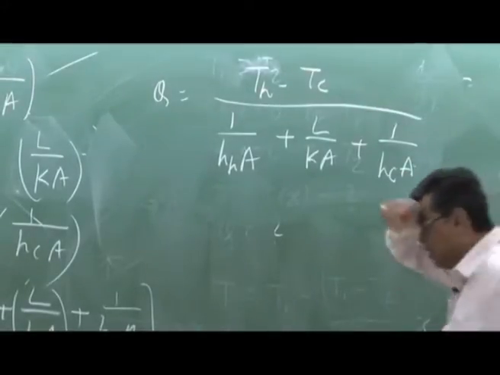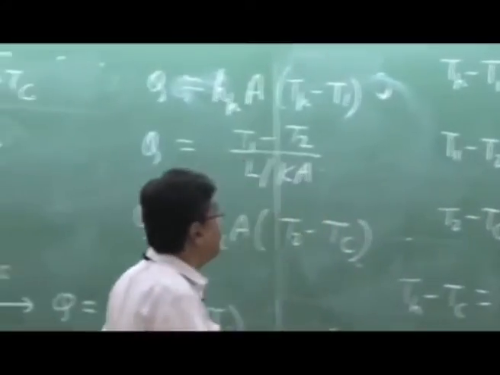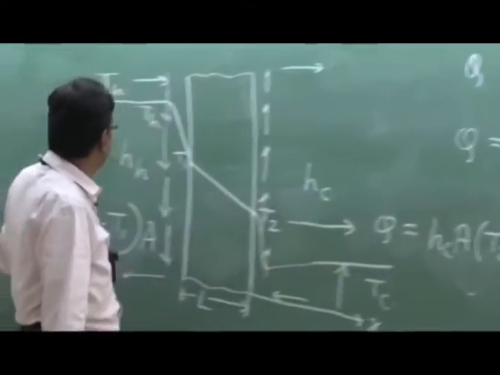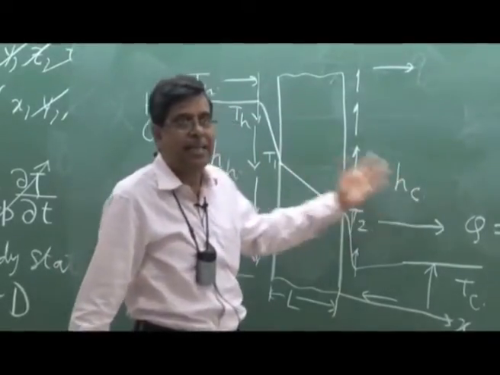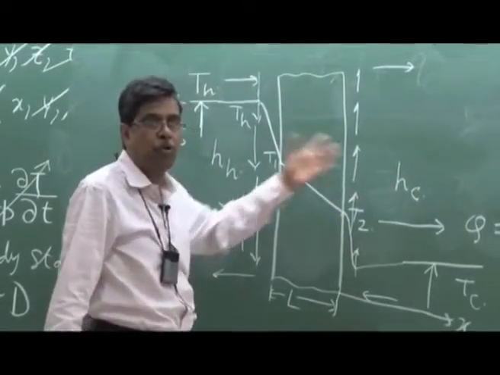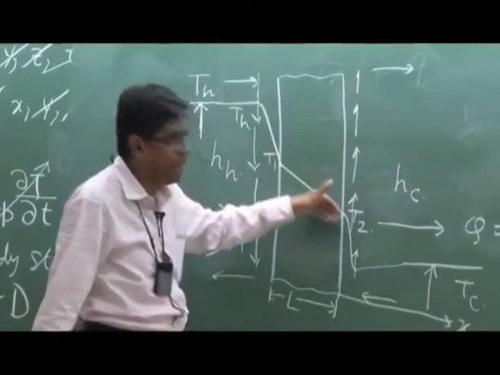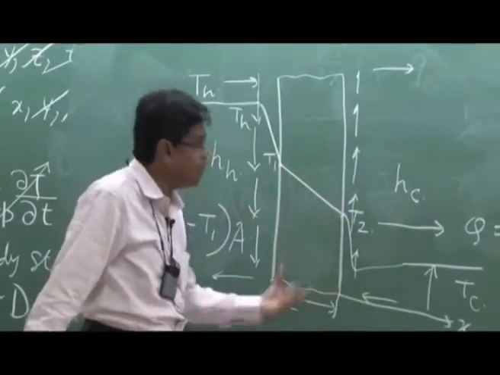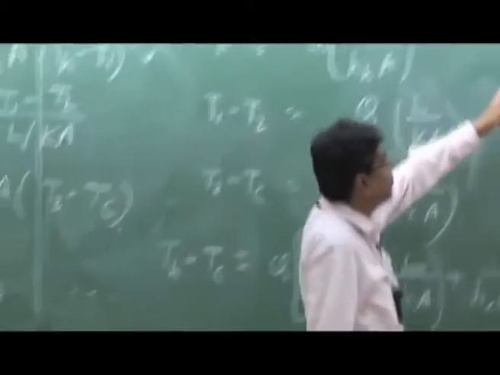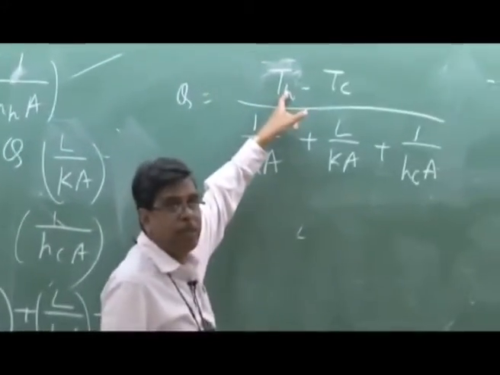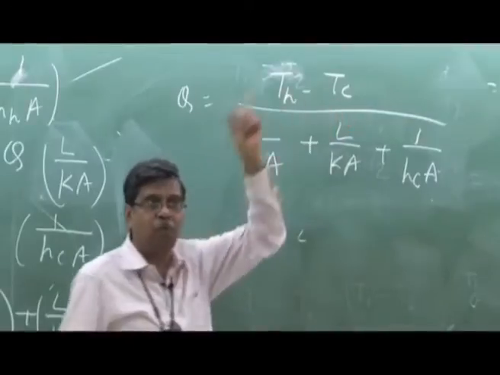That means T1 and T2 are eliminated. If the problem is specified by the hot fluid on one side and cold fluid on the other side, and heat is transferred from the hot fluid to the cold fluid via conduction through the thickness of the wall, then I can find the heat flux knowing only the hot fluid temperature and cold fluid temperature,